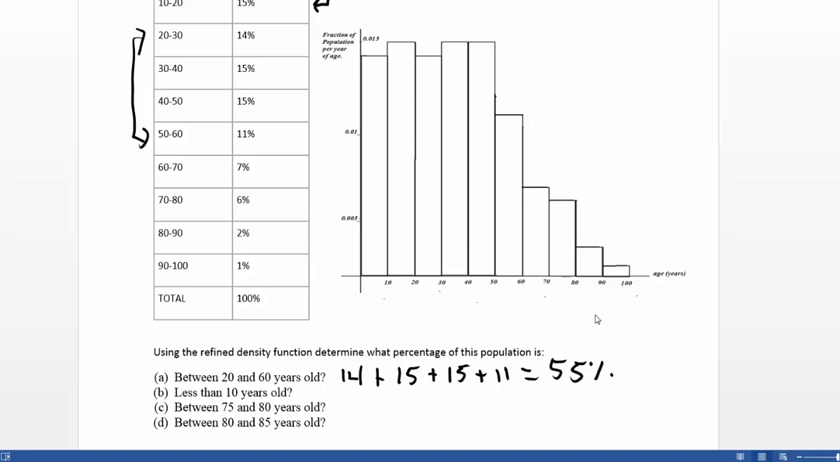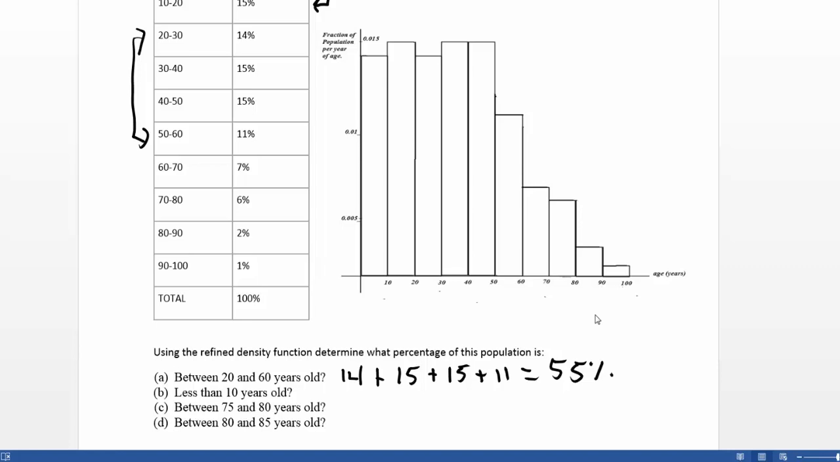Now this makes sense that it would be the same as example 1 because from 20 to 60 involves the same 20-year spans in 10-year intervals. So because we're just breaking the 20-year intervals up into smaller intervals, they should still add up to the same amount, which was 55%. However, when we look at our other questions, we'll see how we can get more accurate